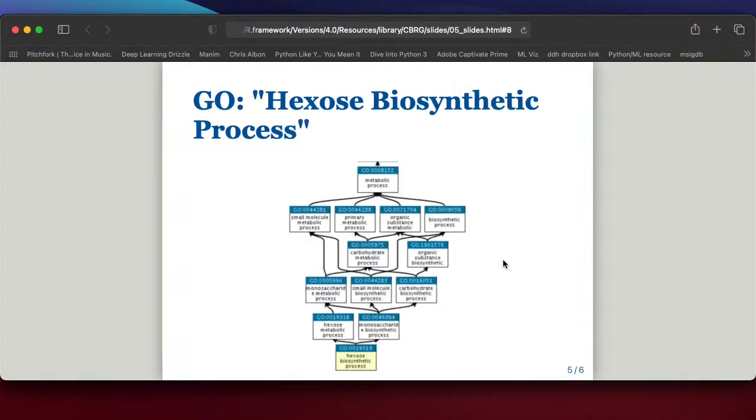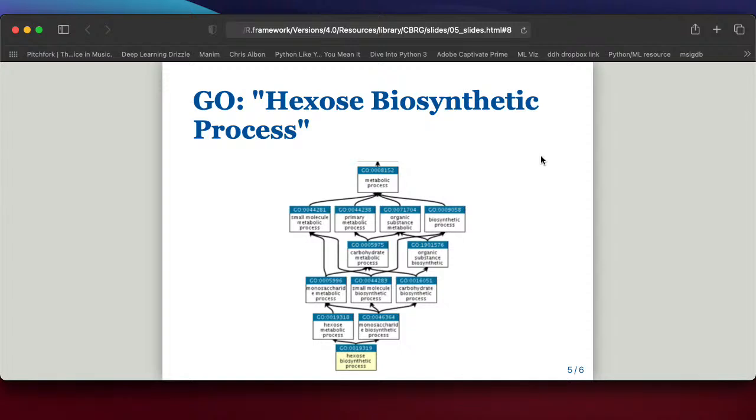So all of these GO terms, you can use these to ask the question for, let's say, hexose biosynthetic process, that GO term, in your gene list of interest, which we will define in a minute, is there an overrepresentation of genes that belong to this GO term?